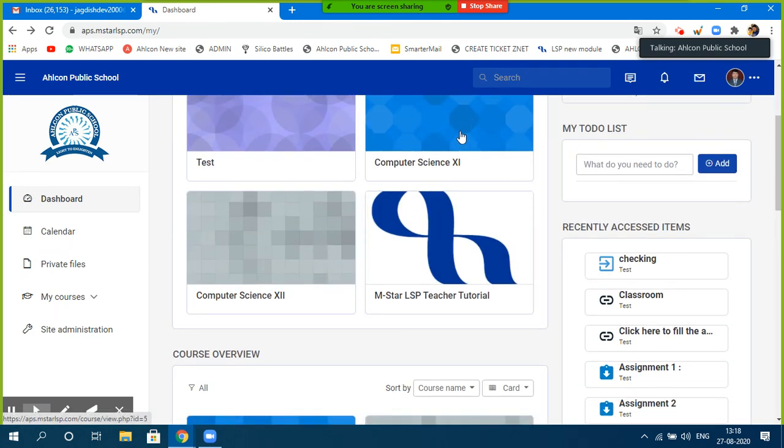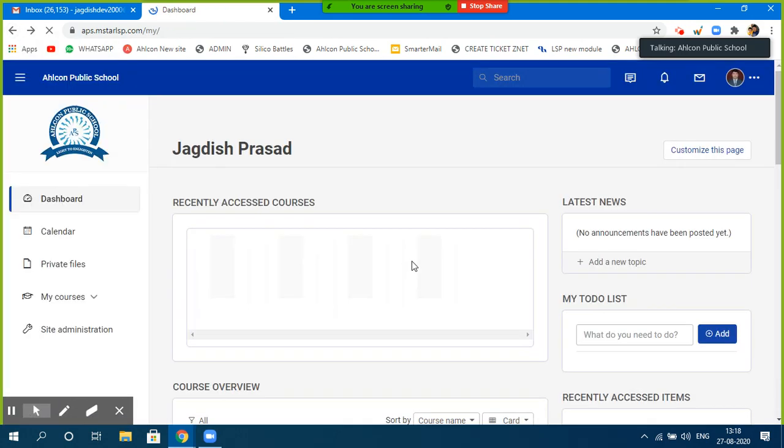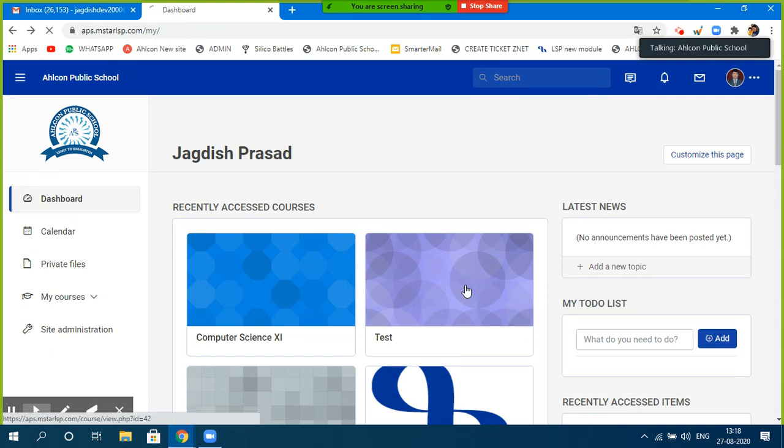When I click on class 11 or class 12th or any class which you talk about, and then upload the contents here, all the students which are mapped to this particular class will be able to see all those contents, right? Now, you need to select that particular class, where exactly you want to upload the contents. So for the testing purpose, one class test has been created. I'll use that to show you.